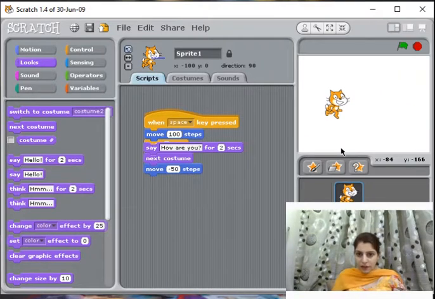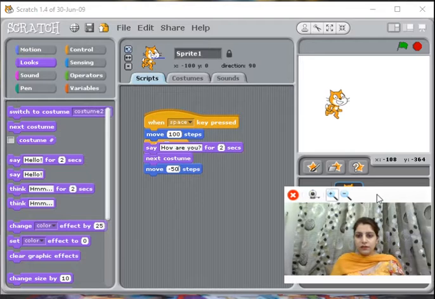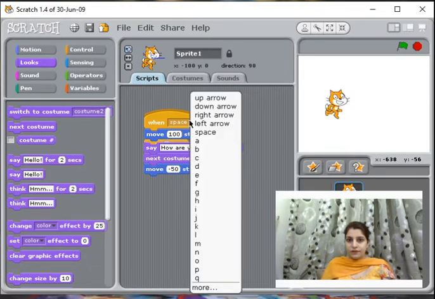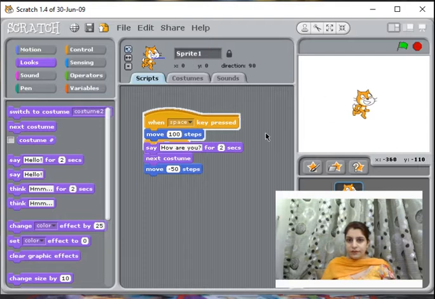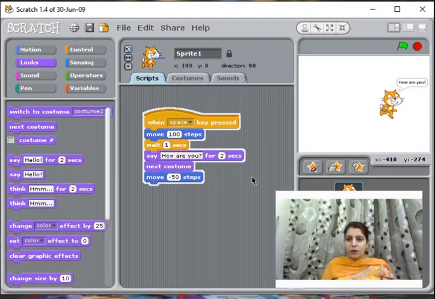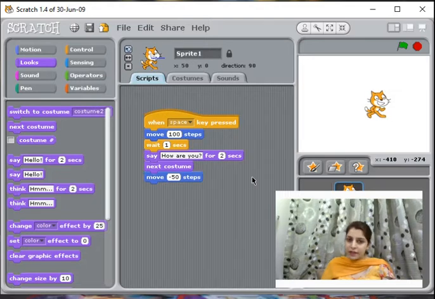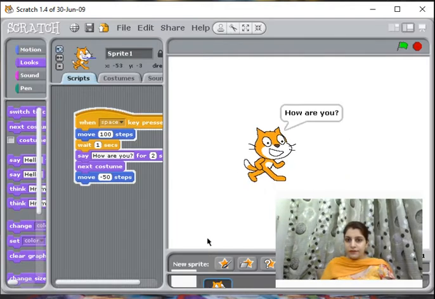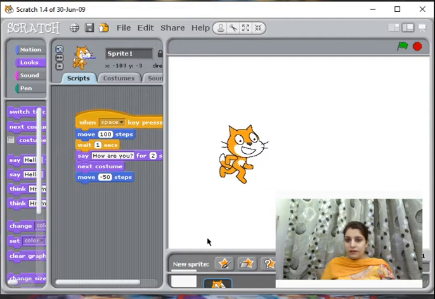So I'm pressing the spacebar key from the keyboard. It will move 100 steps, display the message how are you for 2 seconds, and then come minus 50 steps backward. Clear? Again, you can have a look.